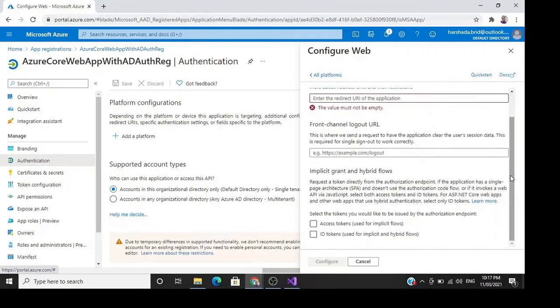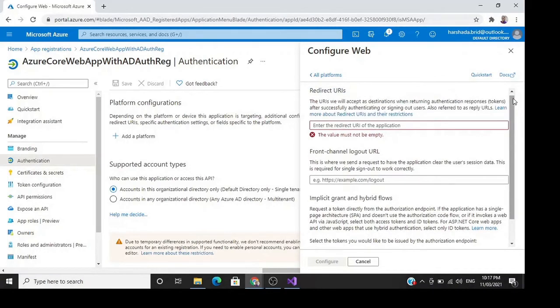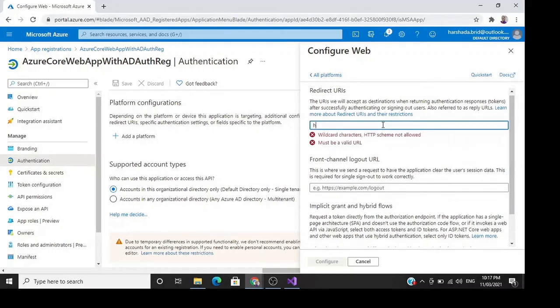Now see over here: ID tokens, implicit grant and hybrid flows. We actually need ID tokens for the authentication to succeed. So we need to select ID token based on our web application, and there is also a redirect URL which we need to mention.